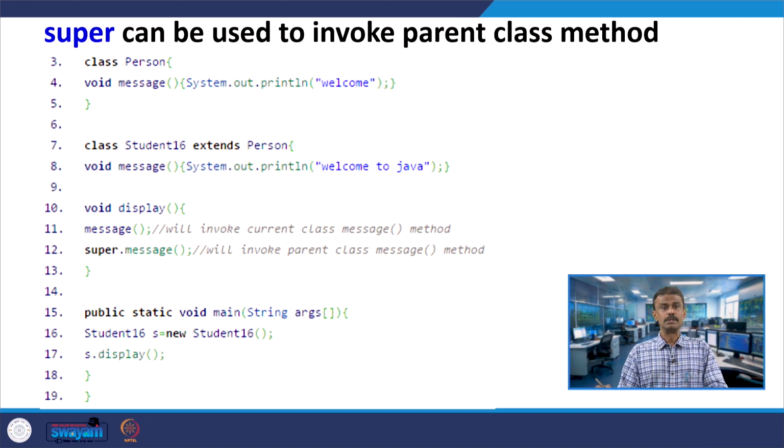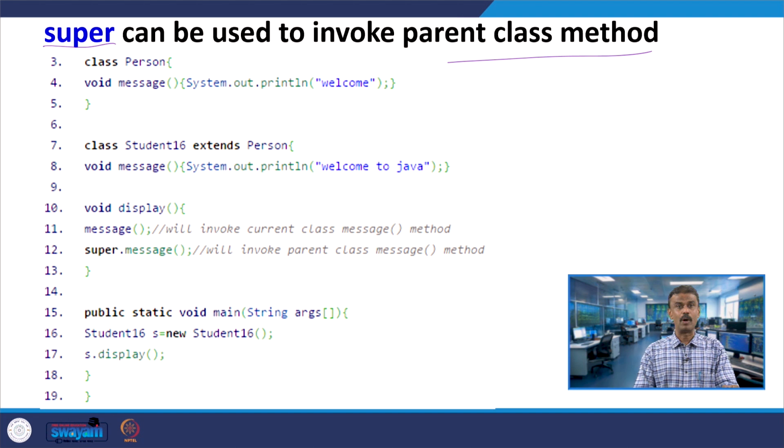Now, super can be used to invoke a parent class method. Here you have, let us say, class Person. Person is the class, and you have void message. I am using super for a parent class method.